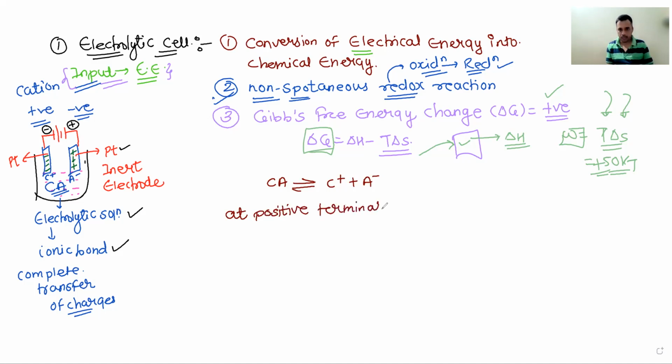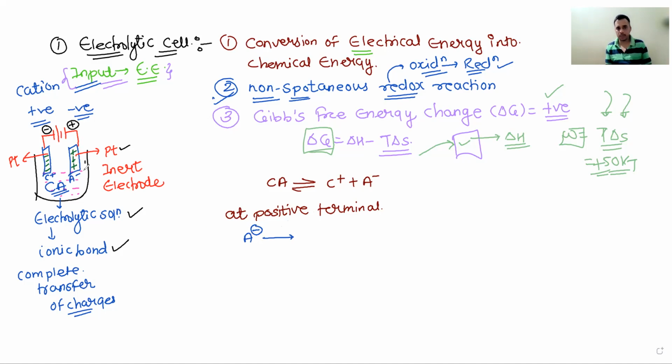what is going to happen? Why do we call this positive terminal cathode or anode? We will see that particular thing over here. At the positive terminal, what is happening? This whole electrode is in a positive form, so it is going to attract the negative side. So A minus, as a negative part, like we have already seen, the interaction occurs at the solution and the boundary of the electrode. We have already written that particular definition. So A minus is going to